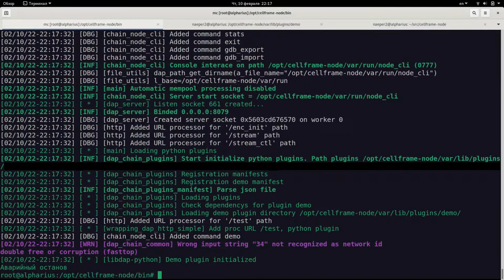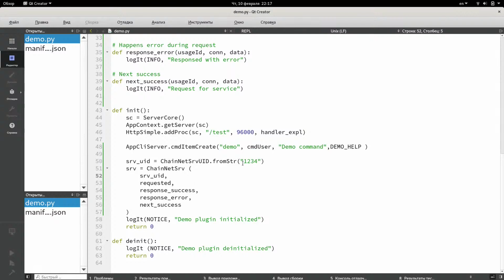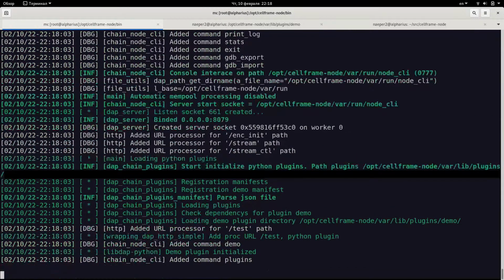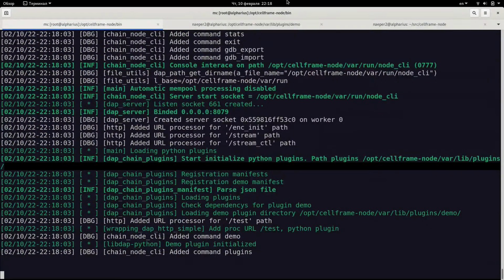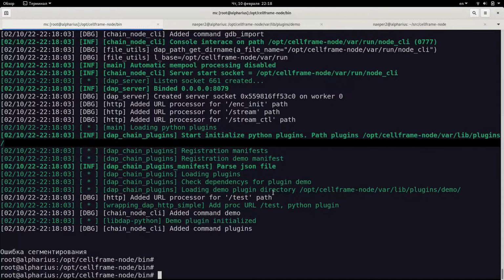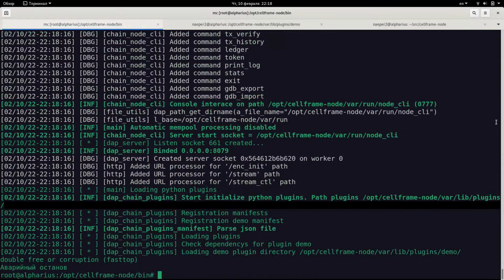Okay, wrong input string, 33 is network ID, double free or corruption. Input string 34. I don't understand where it is. Double free or corruption again. And now it's run through. I don't understand what's going on, but it's crashed. I think it's